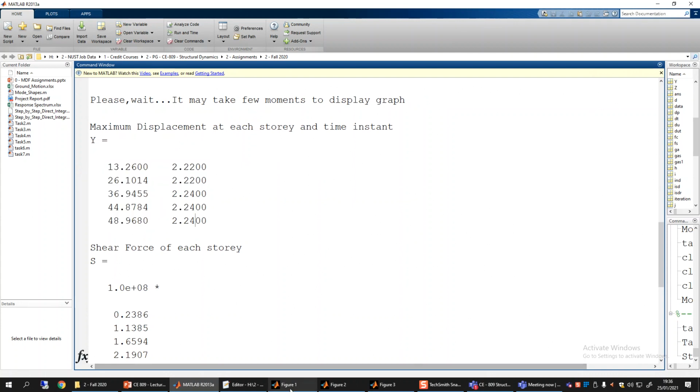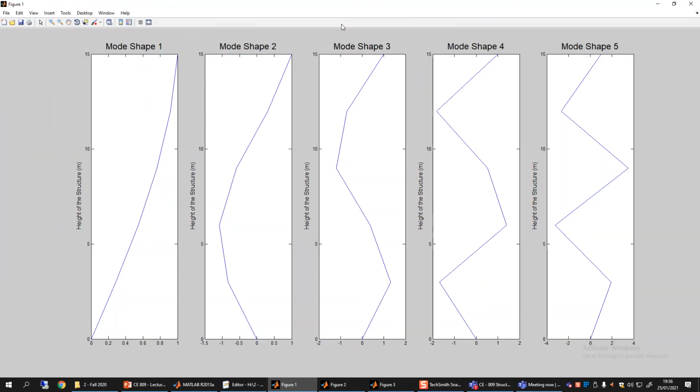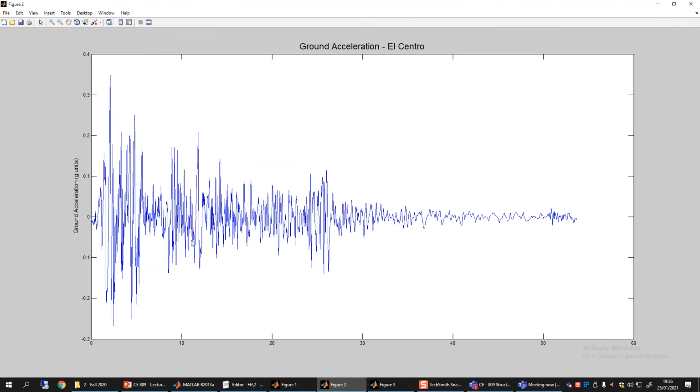Let's now check the figures which it plotted as a result. First is the same figure, which is the mode shapes, but the second figure is the ground acceleration, the original ground acceleration which was given as an input. So this is some 53 seconds ground acceleration vector. It is the El Centro ground motion.